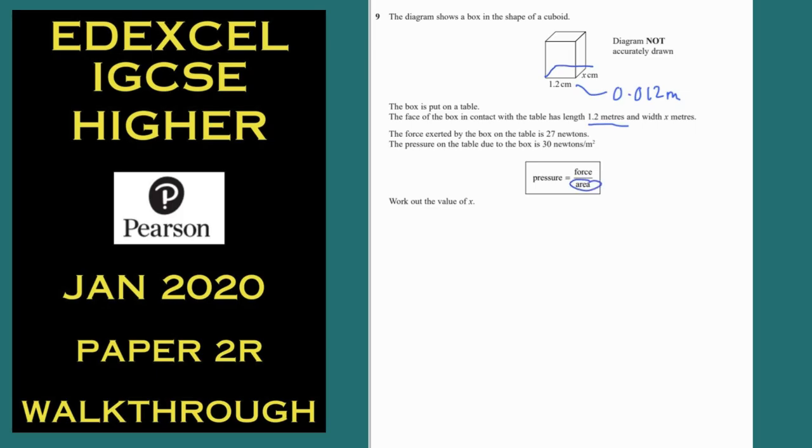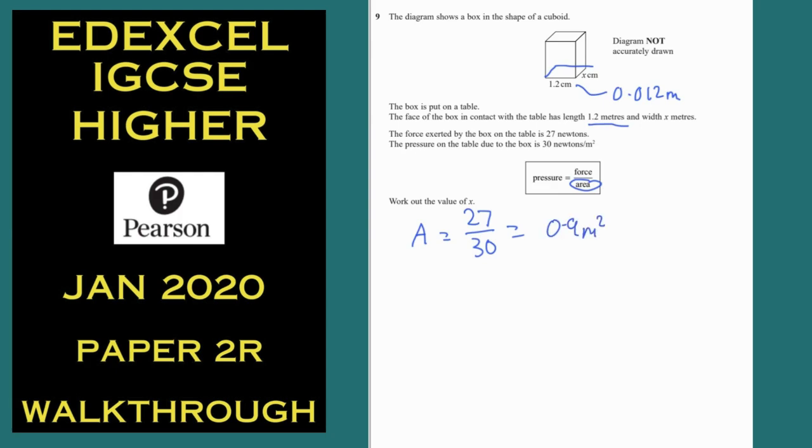So that's where the area goes in. So we can say that the area is the force, which is 27, because we basically just flip them around. So area is force divided by pressure. And because it's newtons and newtons per meters squared, our answer